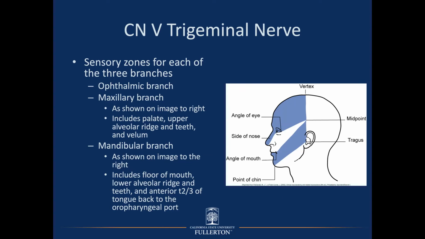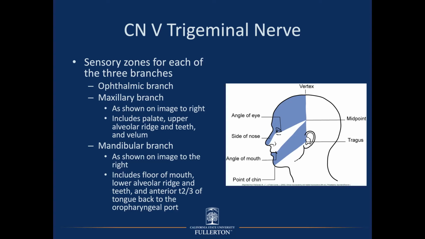A pie-shaped wedge that includes your upper lip and goes up to just above your ear is innervated by the maxillary division. And then the mandibular division is basically from your lower lip and back to your ear, this region down here. Now, this is very important, because it's a reminder that the maxillary division does not innervate just the skin that we see over here, not just the surface of the face in that pie-shaped wedge. It does everything deep to it,